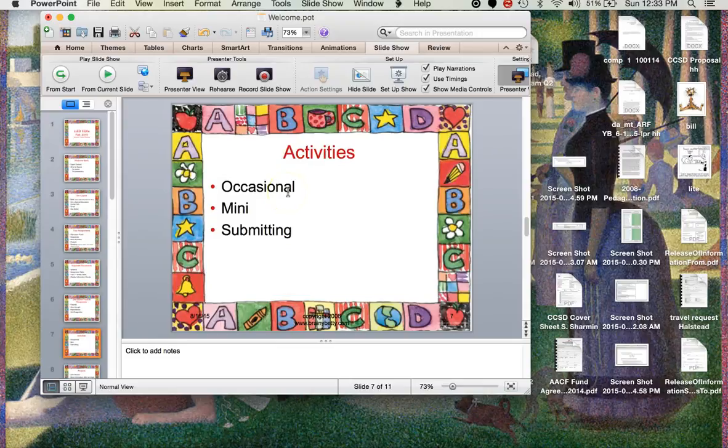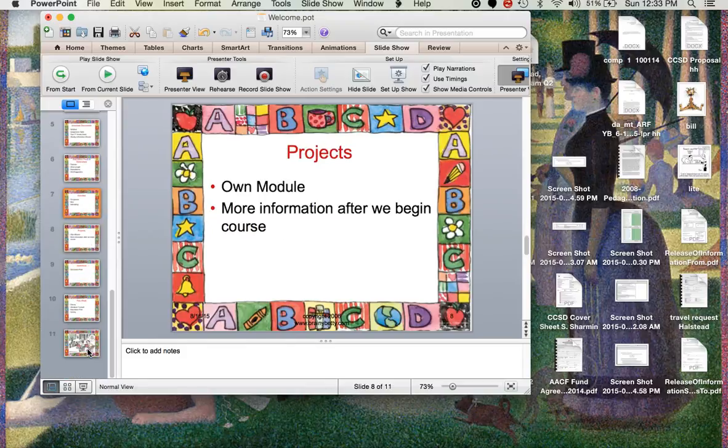You will have occasional activities that are very, very short, 5 minutes. And all you do would be to fill out the sheet that I've provided and upload it on Sunday. And that would be the time you would upload to your discussion post. They are supposed to, like I said, take 5 minutes. But they're fun little activities or annoying little activities, depending on your perspective, to just give you a chance to use some of the strategies that Beers puts out there.